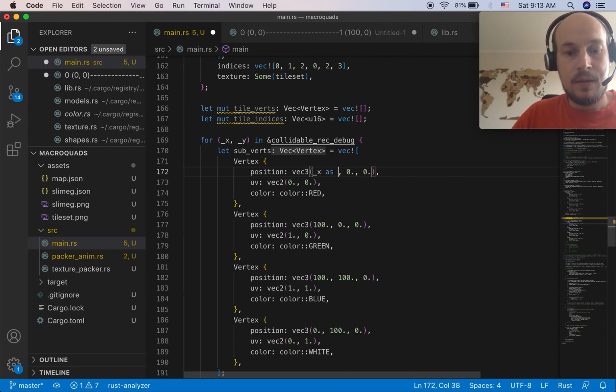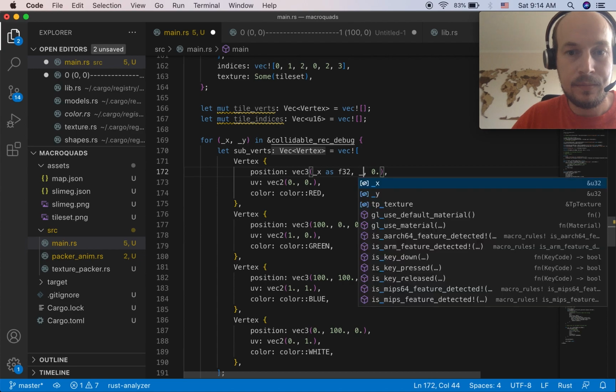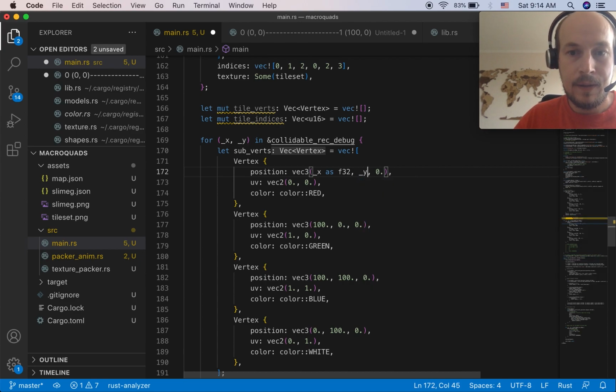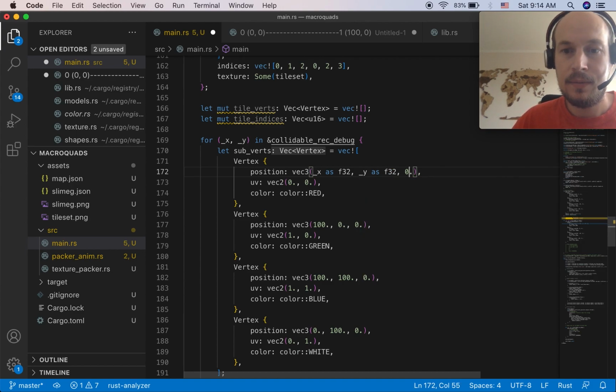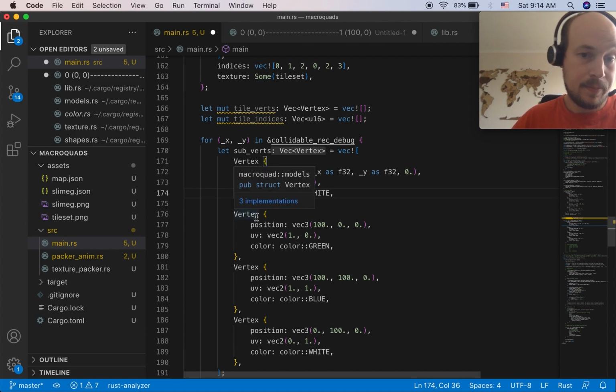X as F32, Y as F32. Z is going to be just this. For now, this is going to be top left corner. I'm gonna use white for this. The second one will be,